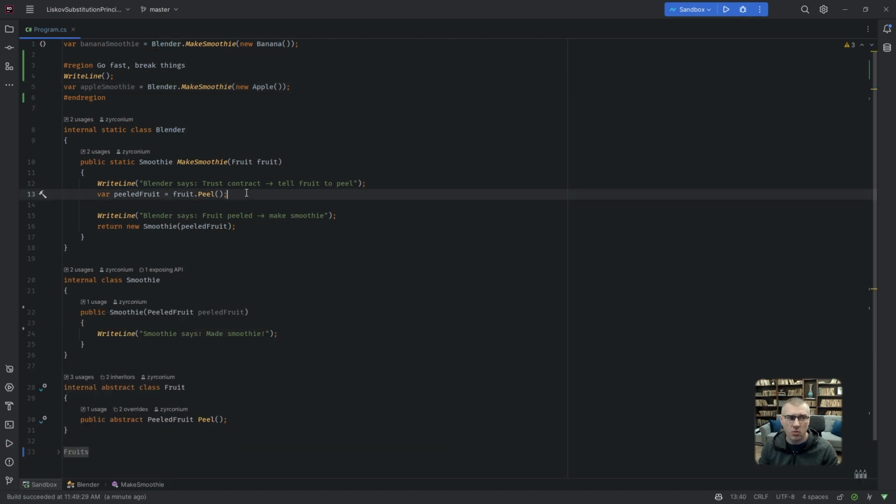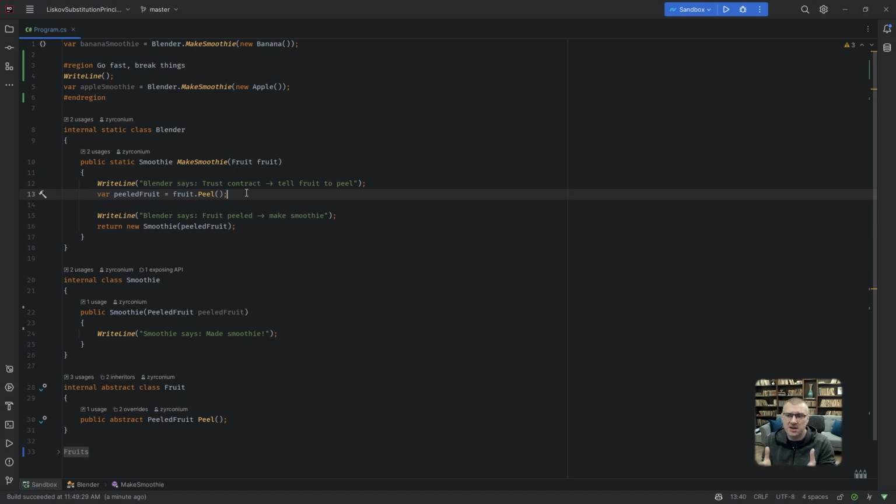So let's see what this contract is, because until now we said interfaces are contracts, but there is another type of contract, if you will. It's the sum of all the public methods and properties and public fields on a given class. If you think about it, an interface exposes the same public methods, but for a family of classes, a family of objects. Whereas a single object without an interface on it, it also has its own contract, which